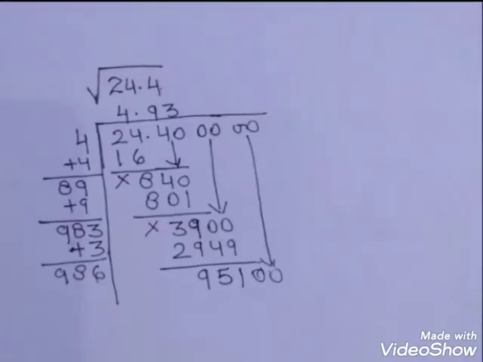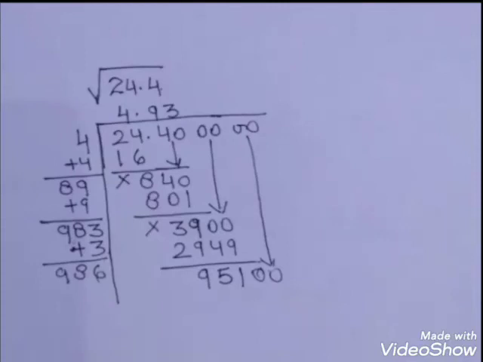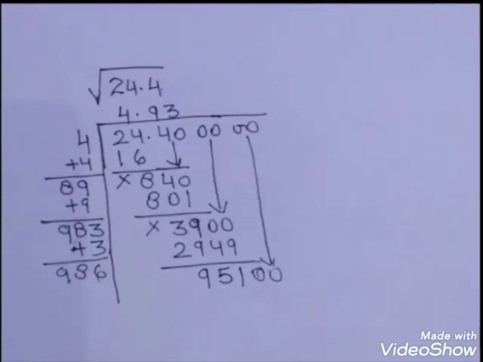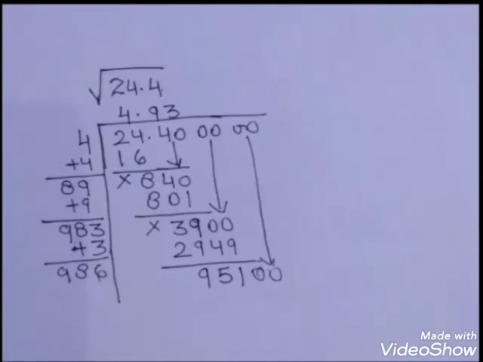Once you put the decimal on top, again you have to take two values together because it has to be in pairs. So we have copied 4 and put a 0 over there, so it comes to 840. Now what you'll do, 4 and 4 you have to add, that comes to 8, and again you have to find that value which comes with 840. So I found that 89 nines comes to 801. So you put the 9 on top and 9 on this side. If you deduct 801 from 840, you get 39.